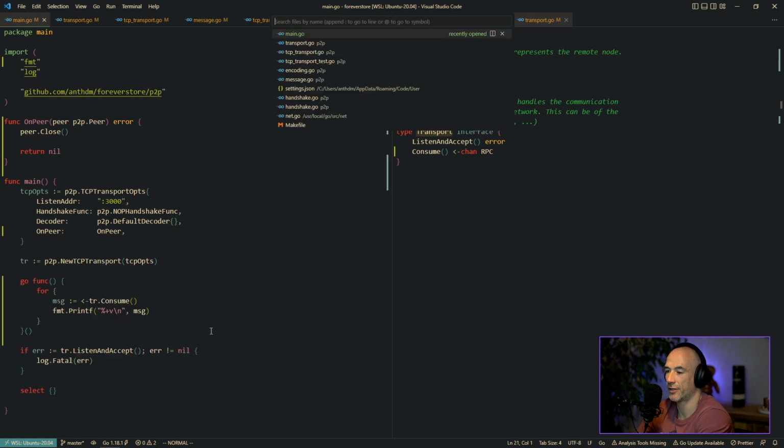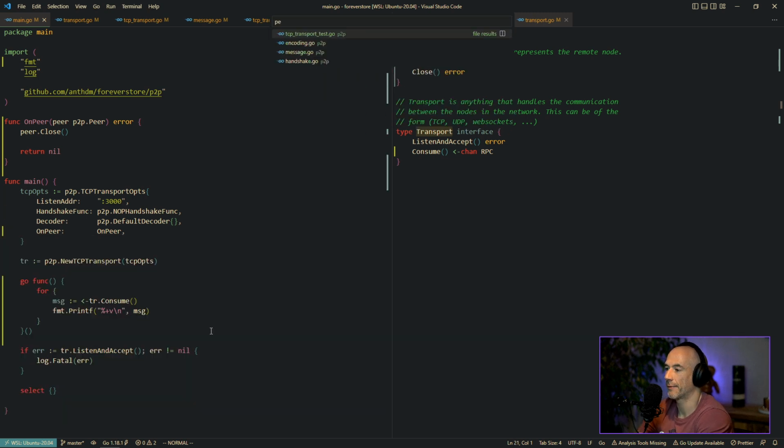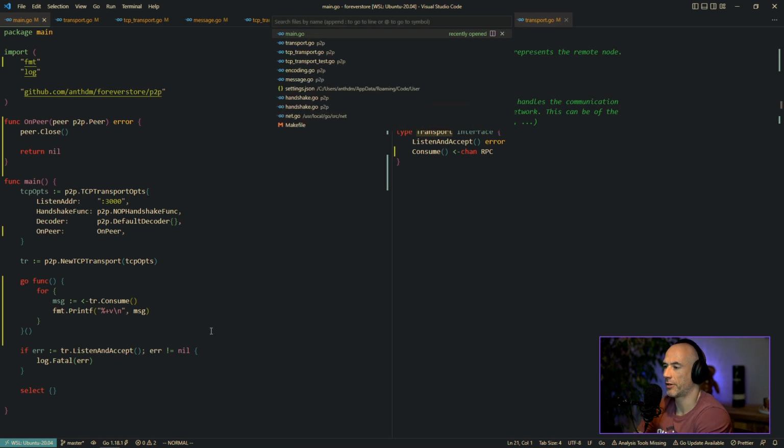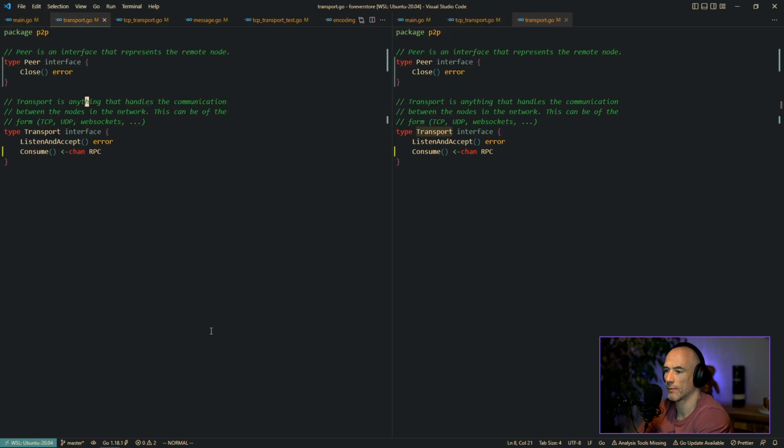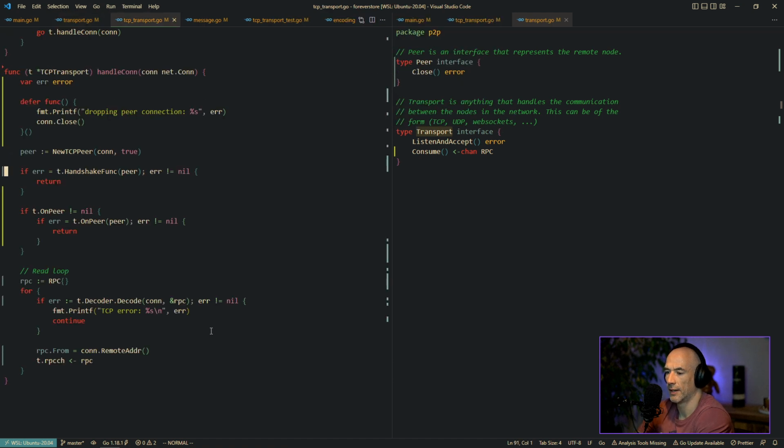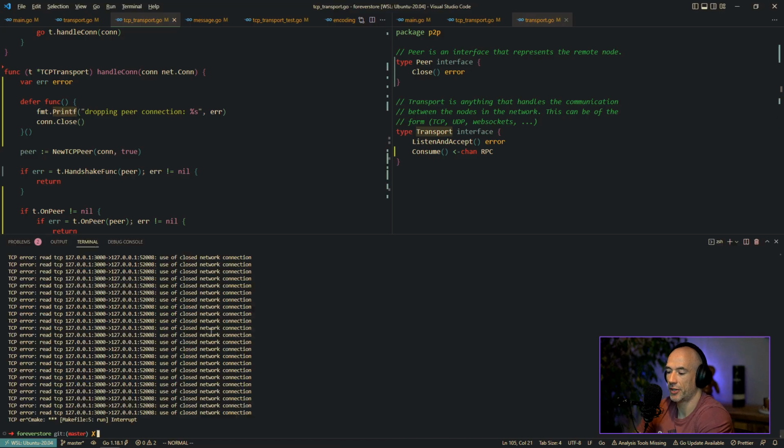How are we going to fix this? Let's open up P real quick, which is in transport, right? Close. It's in TCP transport, actually. It's here, right? If you have an error, we keep looping. Let me see.